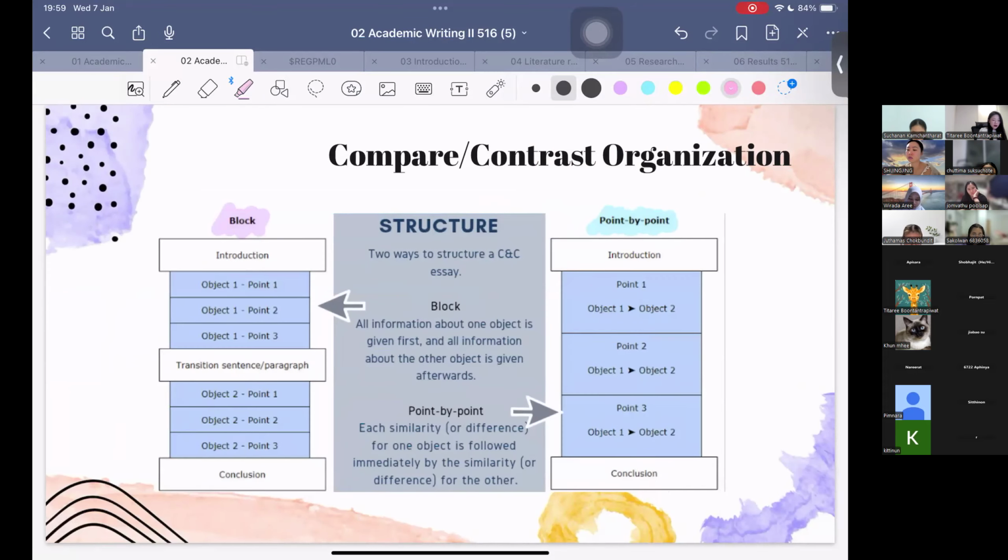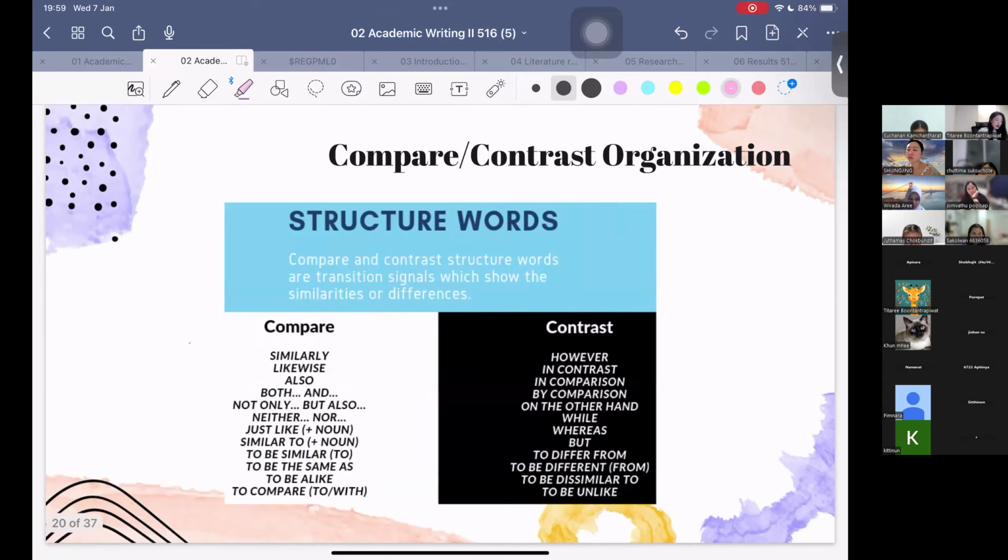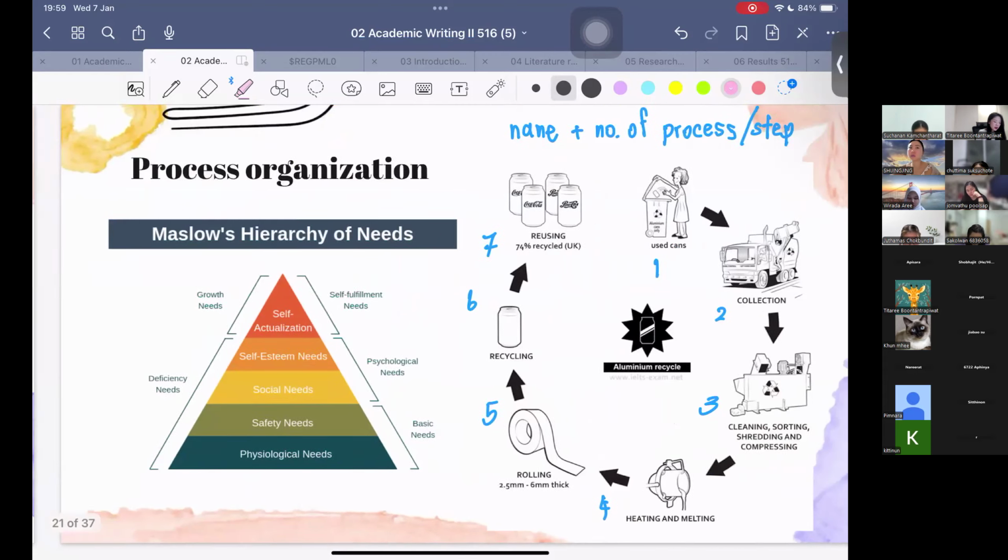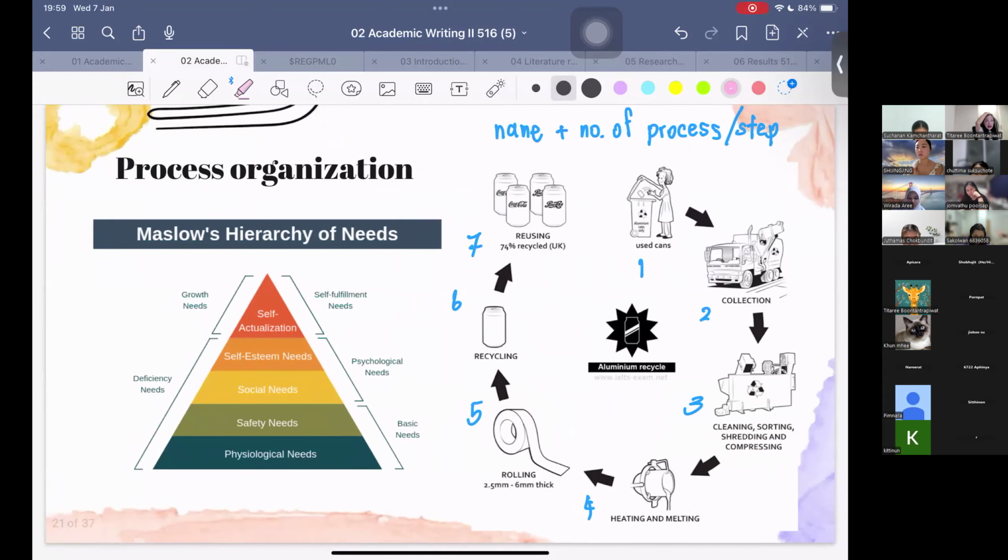This one is just a summary of the pattern styles, and these are the summary of the transitional words, the linking words that often occur and are commonly used in compare and contrast organizations. Moving on, the next one is